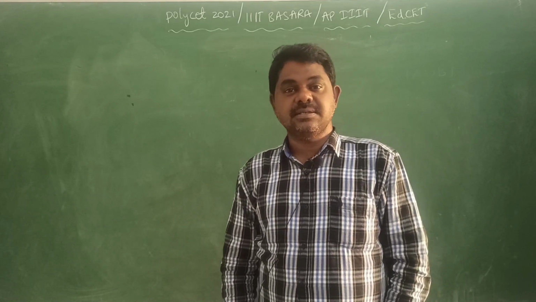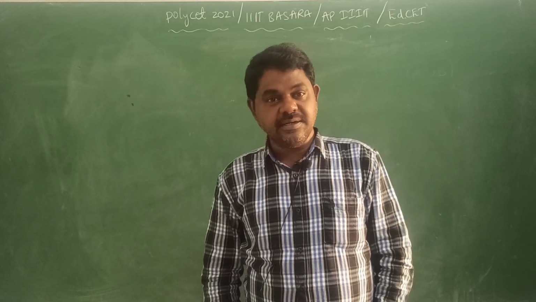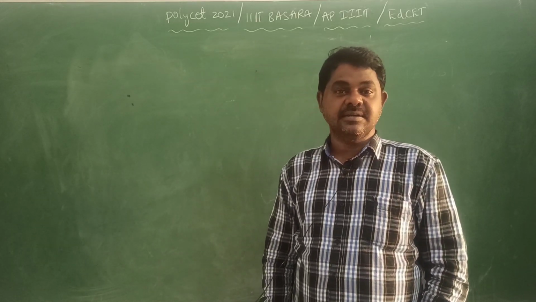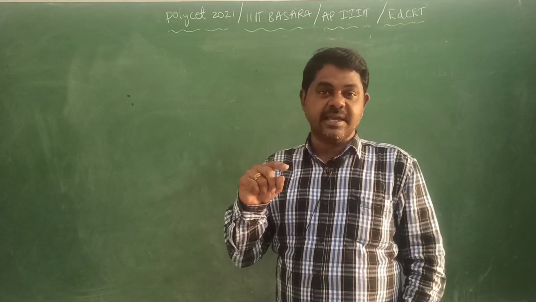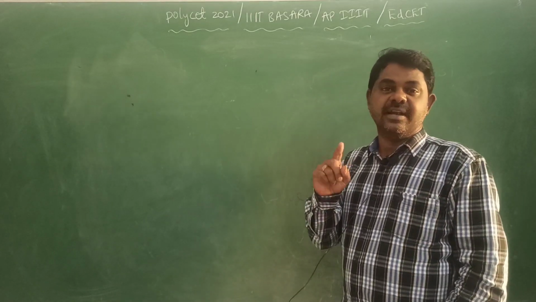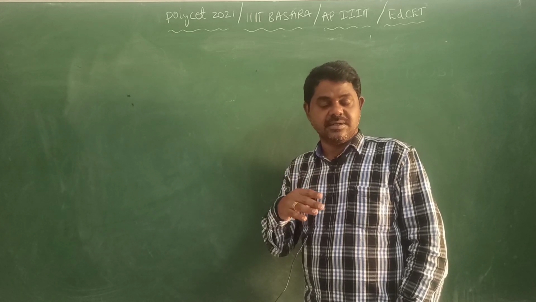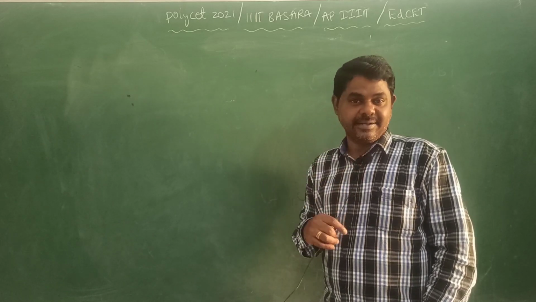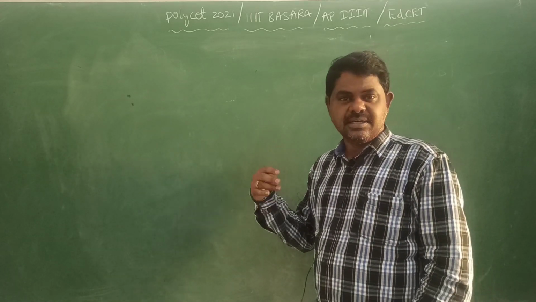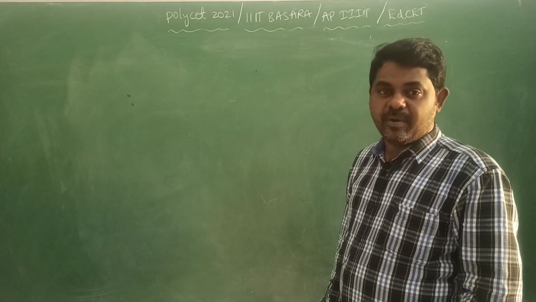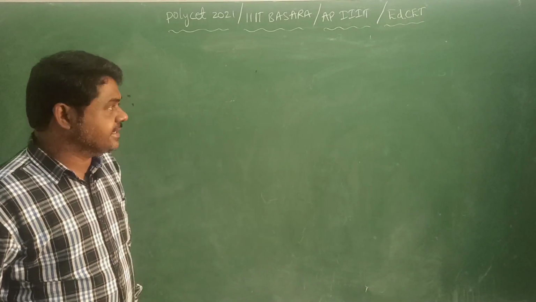In the last class I explained what is electric current, what is the formula for electric current, and what is the unit for electric current. Electric current I is equal to Q by T, coulomb per second. Coulomb per second is known as ampere, and the SI unit for electric current is ampere. And how a metallic conductor works when it is connected to a battery, and when net charge is zero and when it is not zero, all that we discussed in the last class. So now today we are going to discuss the next topic based on the current itself, that is